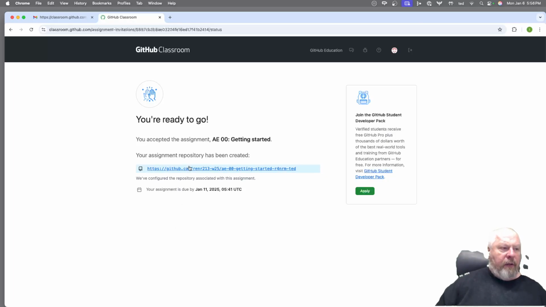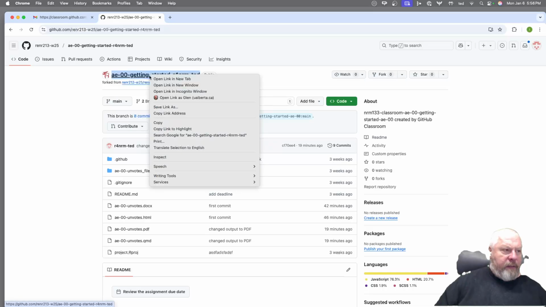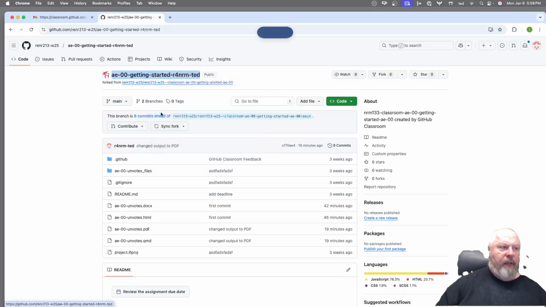So let's go take a look at what this GitHub repository is. Well, it's got a bunch of files in it. What I'm going to need at this point in time is to just copy that link address from the top